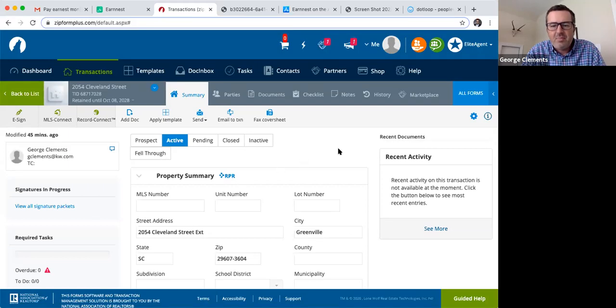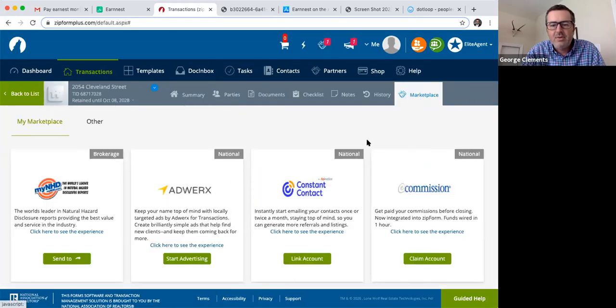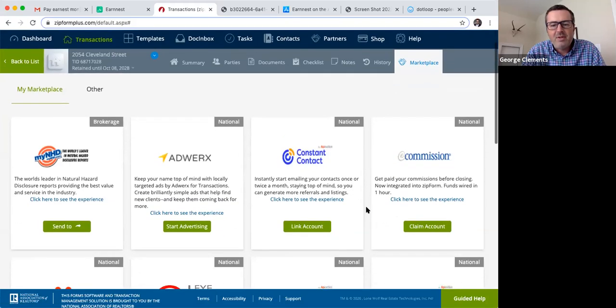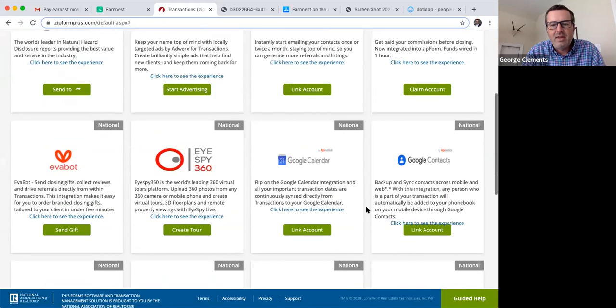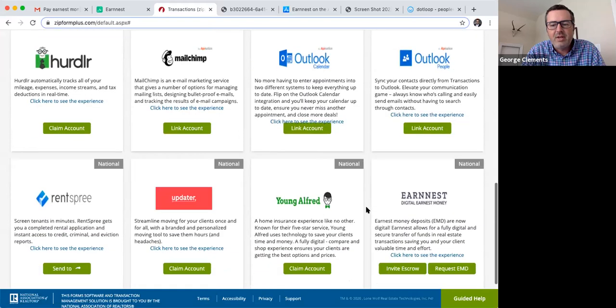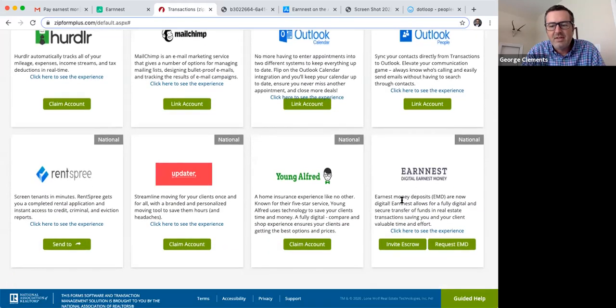Once you've got the basics in there, you can see there's a little tab that says Marketplace. And you'll see these different marketplace companies that are in the zip form marketplace. And right here, you'll see Earnest. You have 2 options there: invite the escrow holder or request EMD. If your escrow holder is already in, you don't have to worry about that. But if you click on that request EMD,